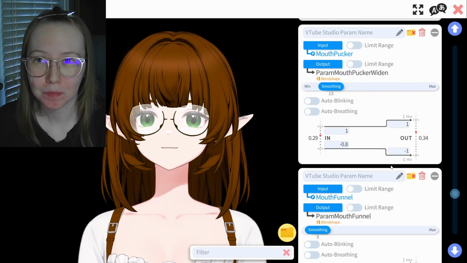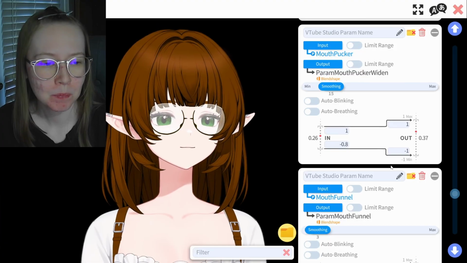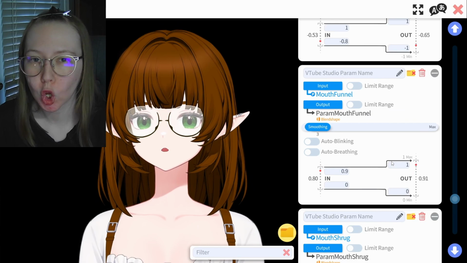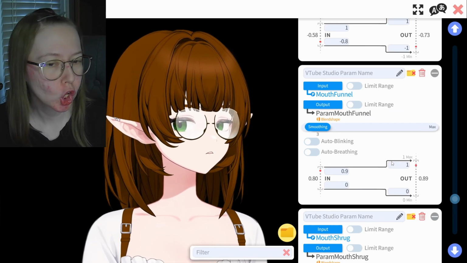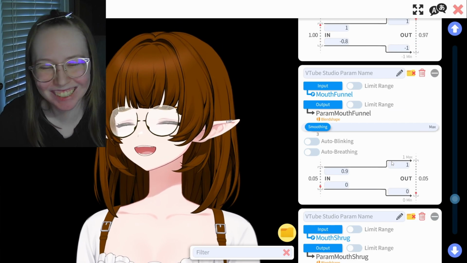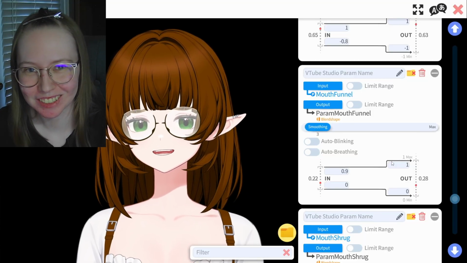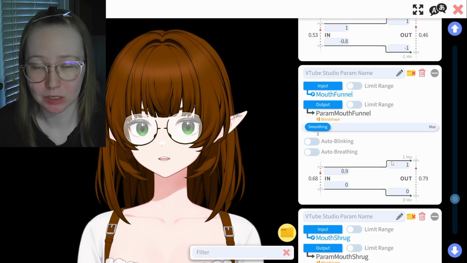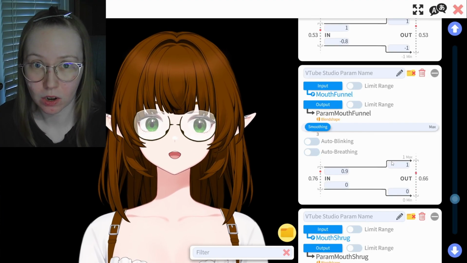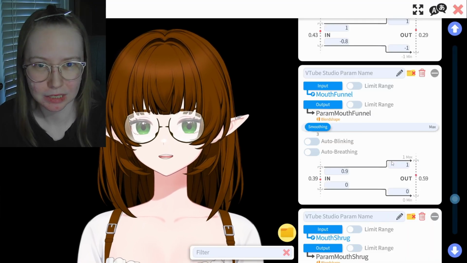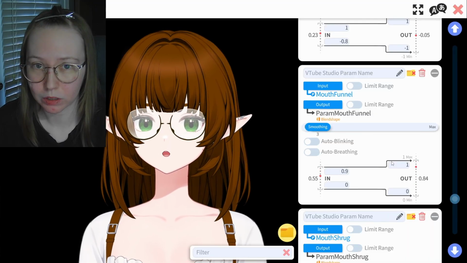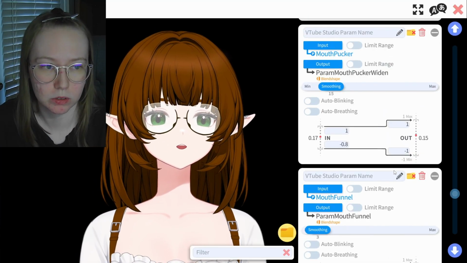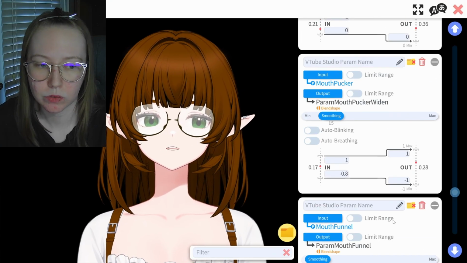That one's pretty easy to explain. Mouth funnel, on the other hand, is this weird duck lips look. Very difficult to explain. When I was going through videos and they were trying to teach me parameters and things like that, that is one part that I got confused about, and I didn't really understand until I was messing around with the model and trying to figure it out for myself. So just remember, if you're using a model that uses mouth pucker and mouth funnel,